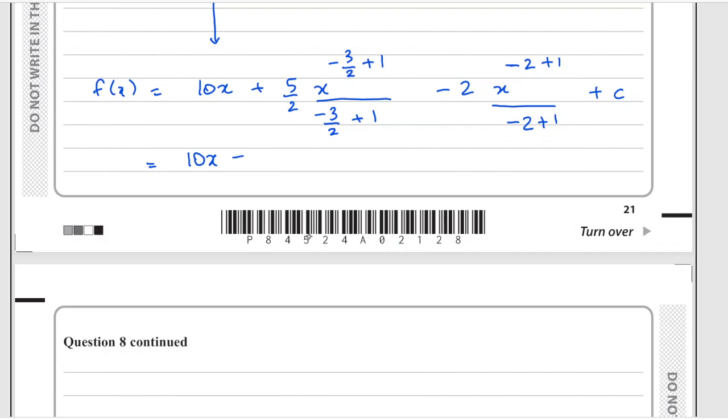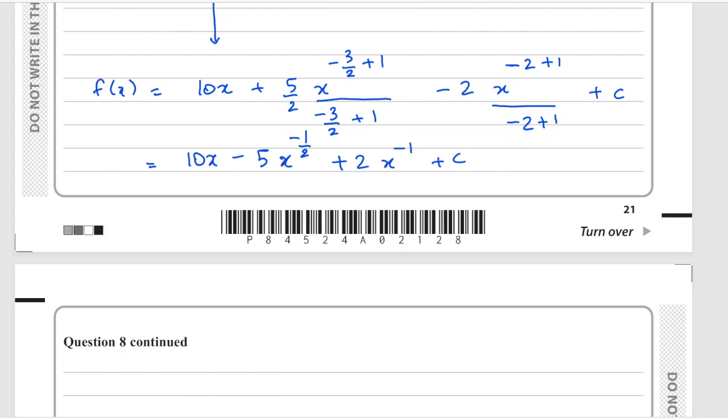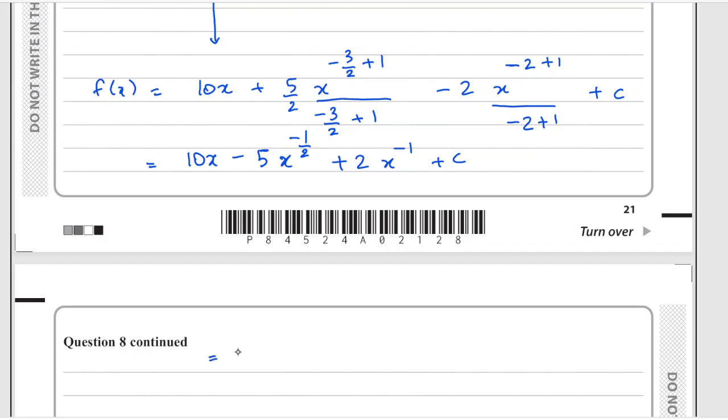Okay, so I'm writing negative 5 over here, and the x term is x to the power minus 3 by 2 plus 1, which is minus half. And this is minus 2 divided by negative 1, which is going to be plus 2 x to the power negative 1 plus c. So this is your integrated portion. So this is your function now, and you need to find the value of c,